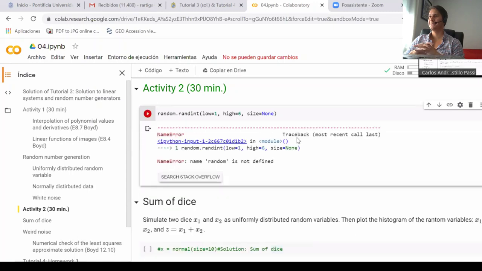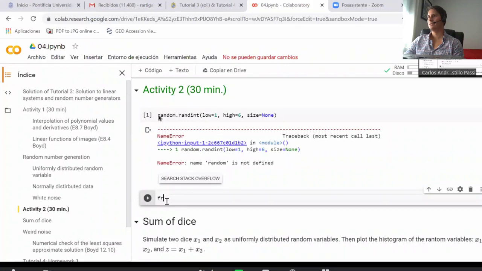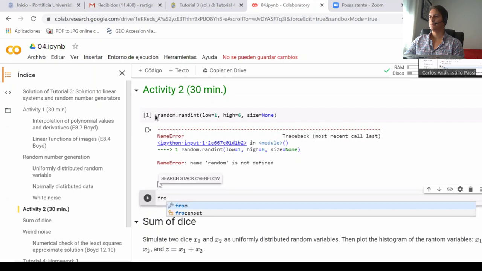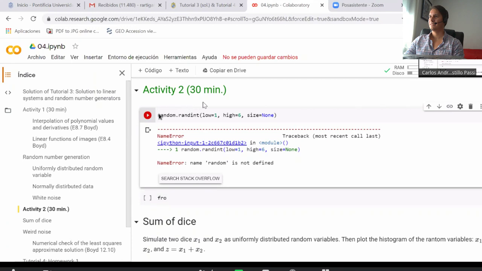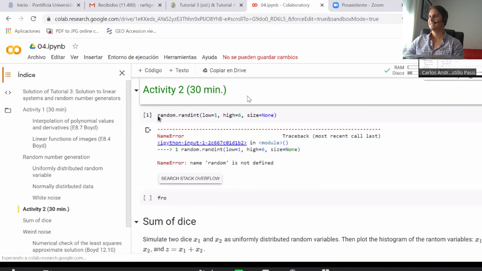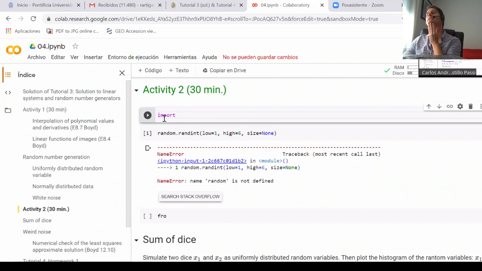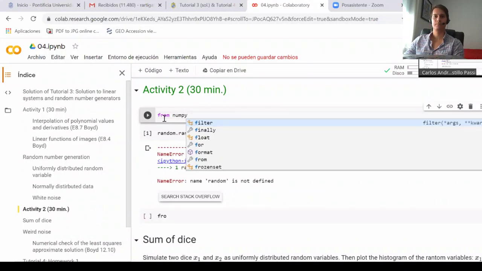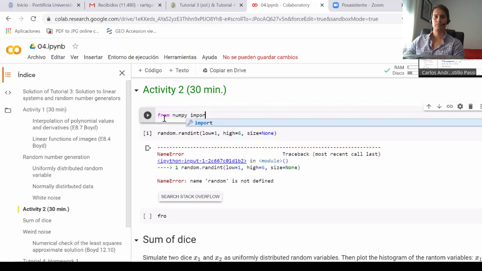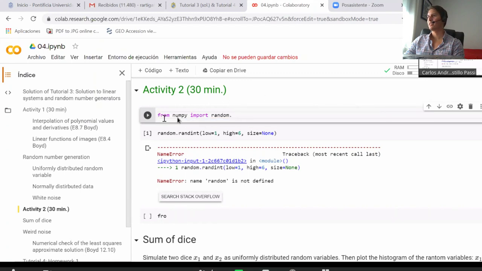Oh, you need to import random first. The first line must be from numpy.random in the first cell, to be a little bit more organized. Yeah, there at the start. No, from numpy dot random